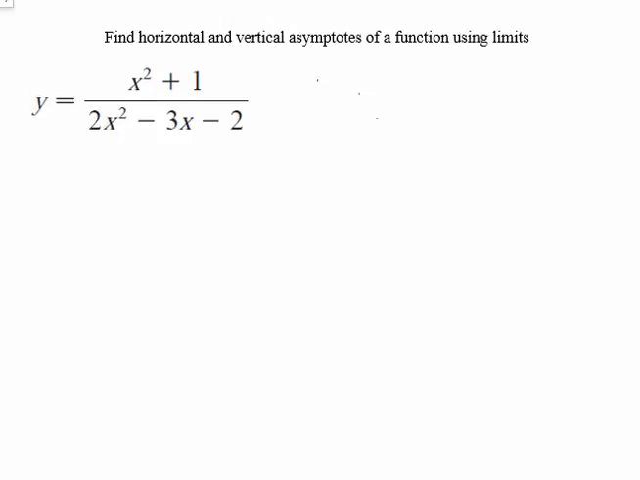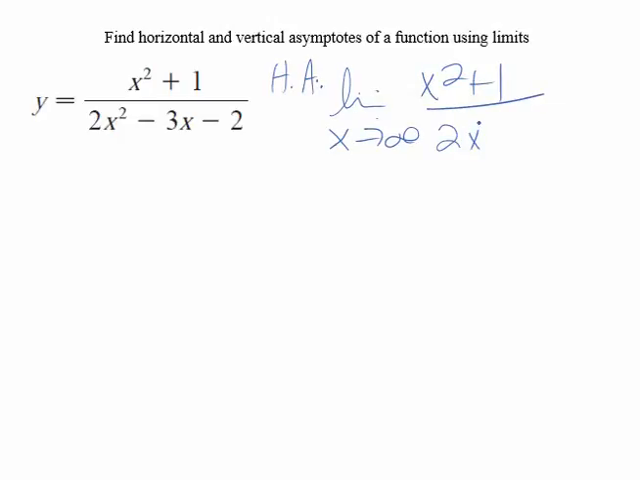So we want to find any horizontal or vertical asymptotes of this function using limits. So first let's focus on horizontal asymptote, and that would be, we would look to see what the function does if we take the limit as x goes to infinity, and that's x squared plus 1 over 2x squared minus 3x minus 2. And we know our strategy for evaluating these, looking when we're approaching infinity, is we're going to